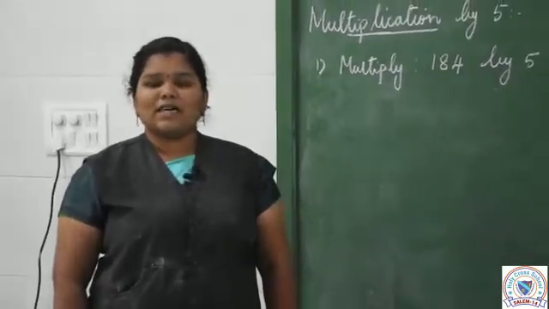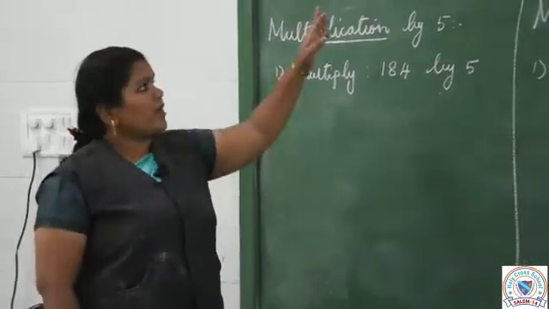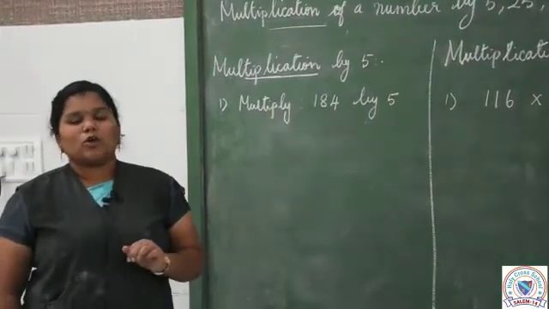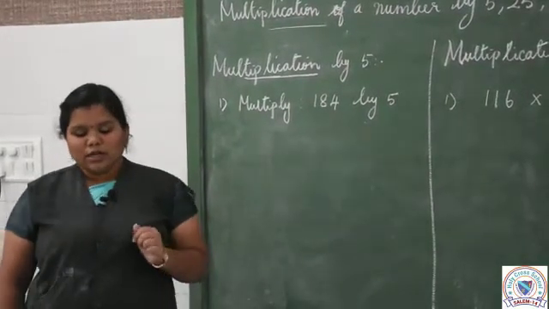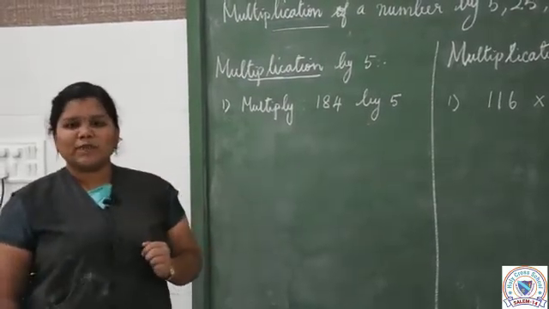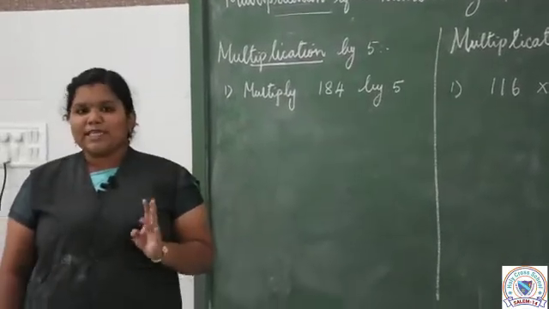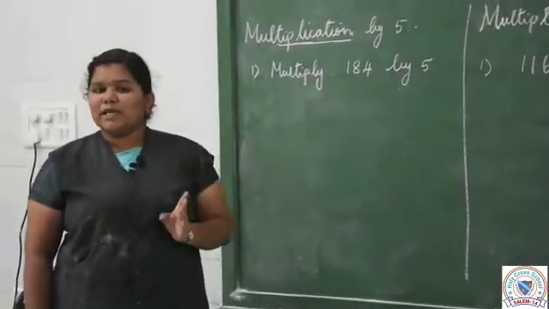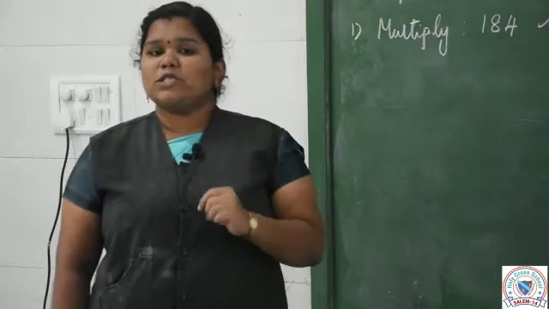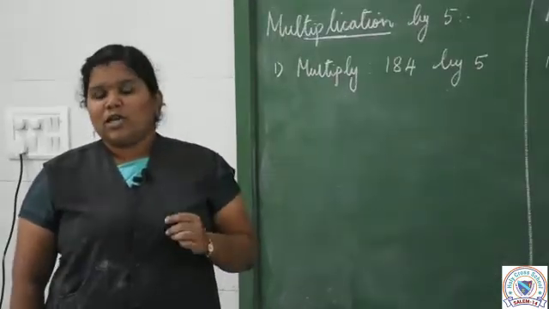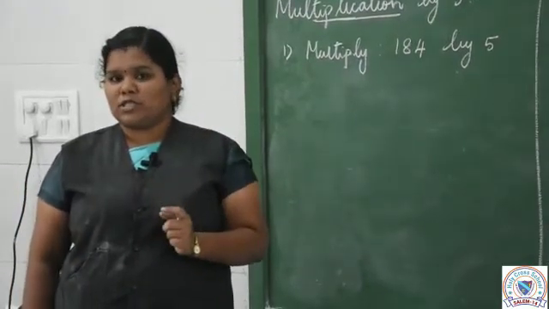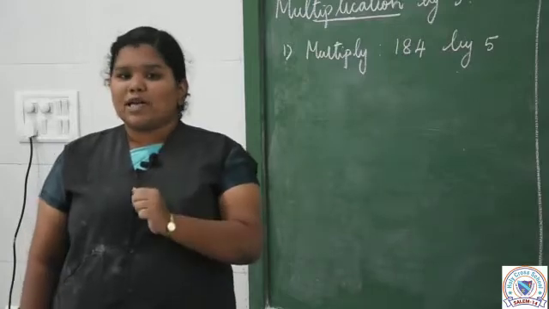So, in the previous class, we saw a lesson, quick multiplication. Today, we will continue with the same lesson. In the previous class, we saw the properties of multiplication. That is, there are 4 properties of multiplication: commutative property, associative property, multiplicative property of 0 and multiplicative property of 1. Next, we saw parts of multiplication. Then we saw multiplying by tens, hundreds and thousands. So these are the topics we saw in the last class.